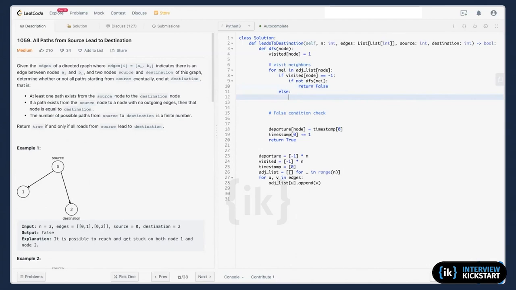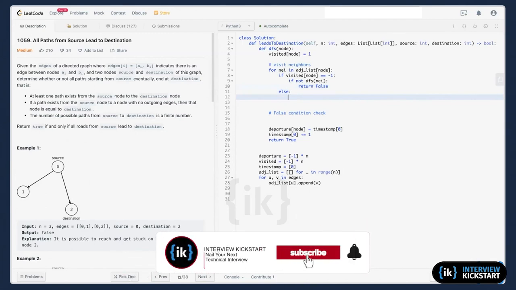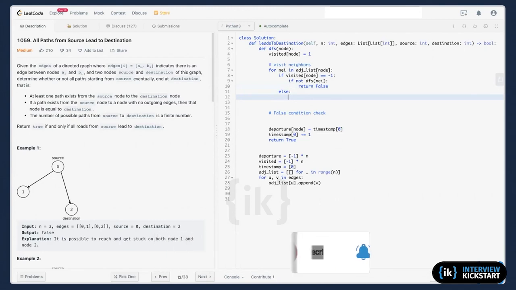Else, here I need to check the departure time. Which means this node is already visited and captured. So I need to check the departure time for the neighbor.